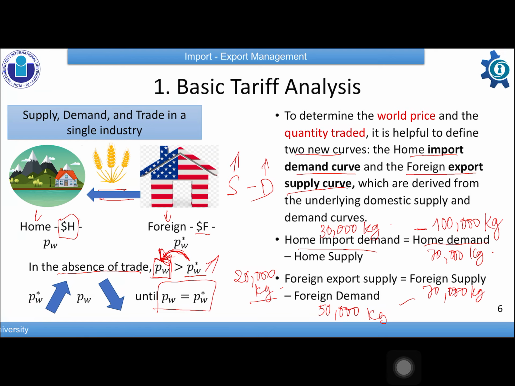And since foreign will have excess supply and home will have excess demand, wheat will be transferred, delivered from the foreign to the home country. Okay,